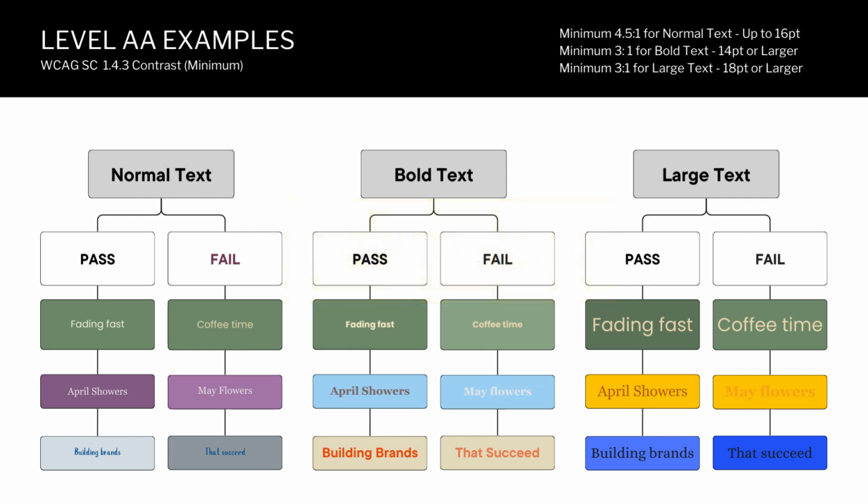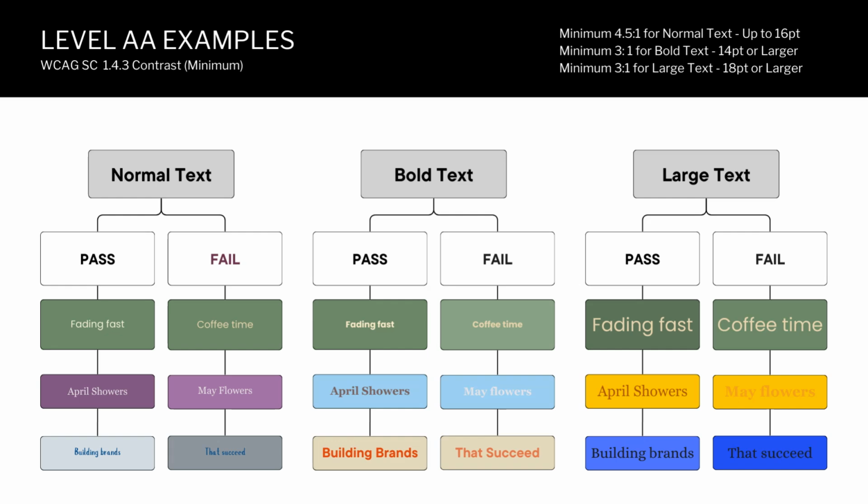I use a variety of different color combinations throughout here because there are obviously hundreds of thousands of color combinations. There's no way I could show you every single one and whether it's compliant or not. But I wanted to take some of the trending color combinations that are out right now. This first row, I did keep the color palette the same all the way across.